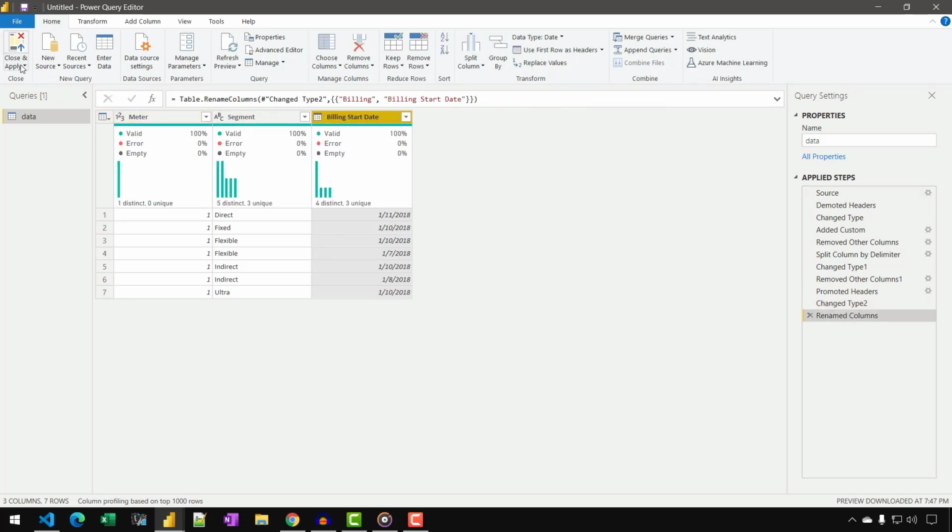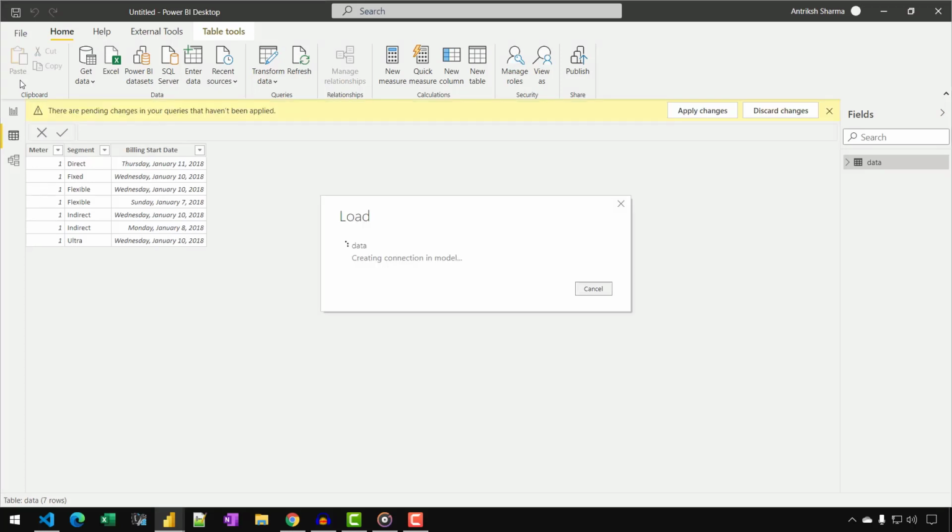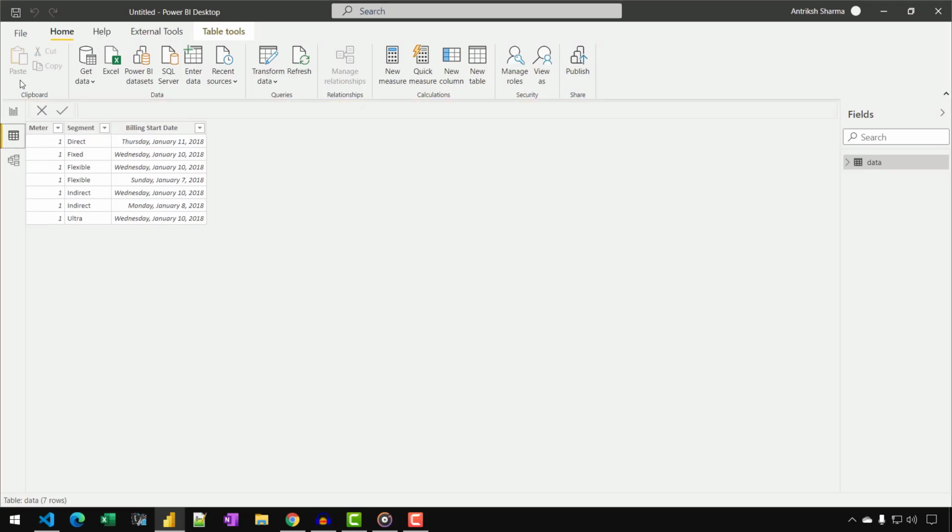All I need to do now is click Close and Apply and load the data into the model. I believe you would agree that the second option is the better one, as we did not have to use a lot of steps, and that might impact the performance in a positive manner. So that was all for this video, and I will see you in the next one.